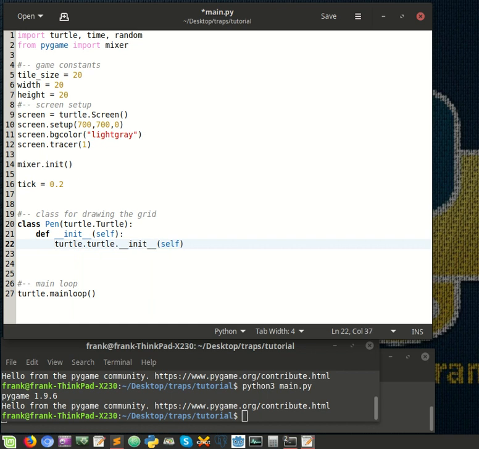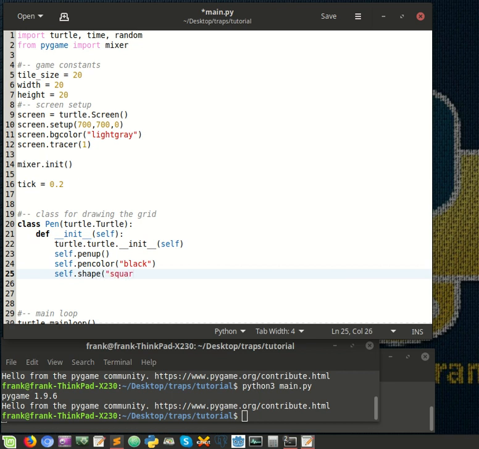Alright, so let's create our attributes here. Self.pen up and self.pen color. Our pen color will be black, of course, for now. And self.shape will be square, and self.shape size,